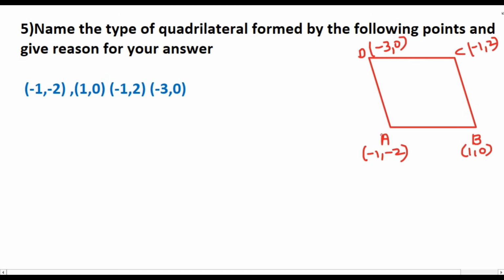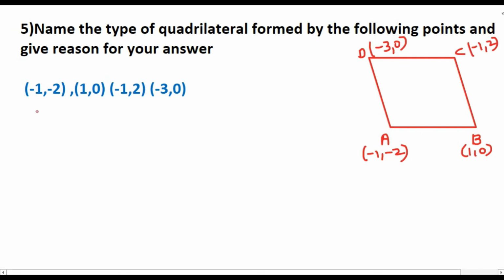Then how will you check whether it will be a rectangle or a parallelogram? If the opposite sides are equal, again you go for the diagonals. In a rectangle, the diagonals will be equal, whereas in a parallelogram, the diagonals will not be equal in length. So this is how you have to check what type of quadrilateral is formed by these 4 points.